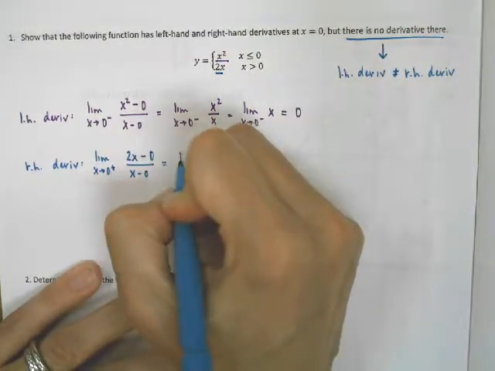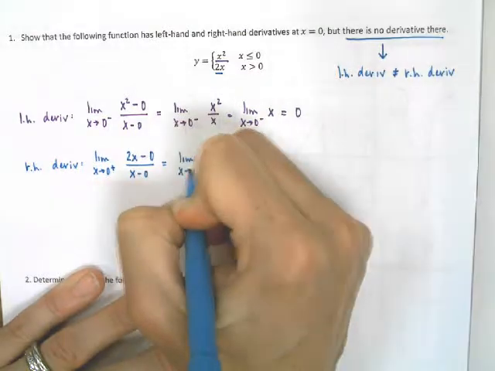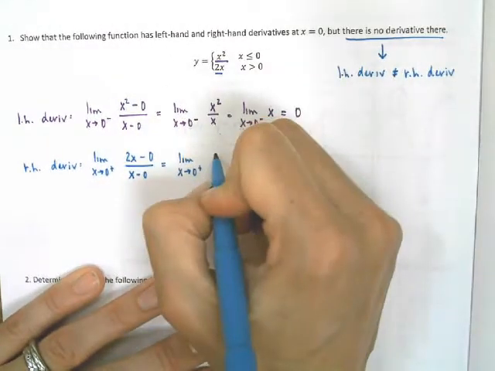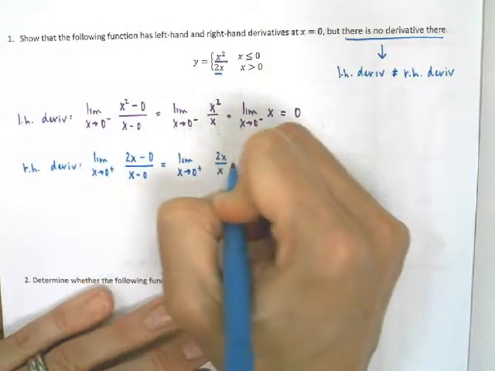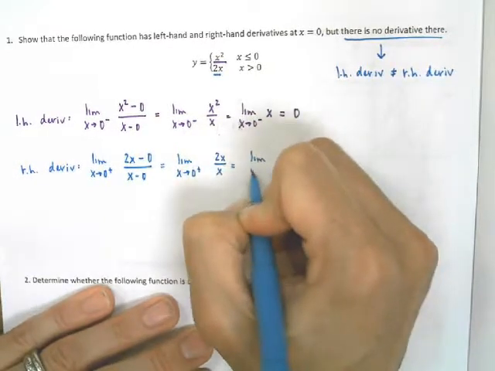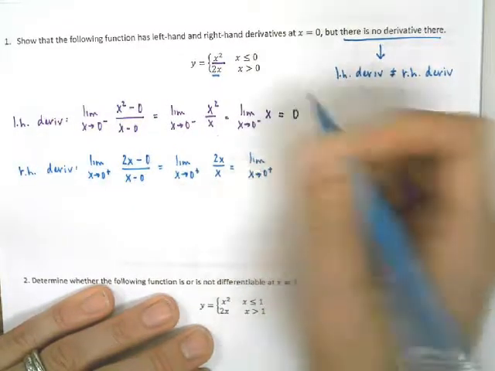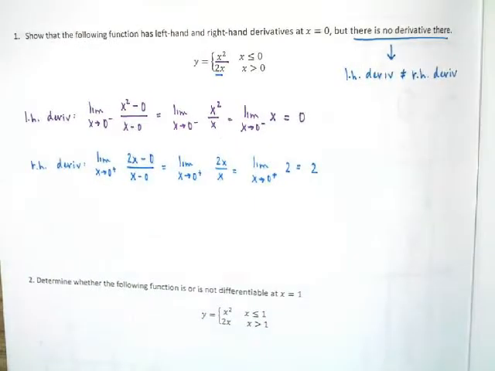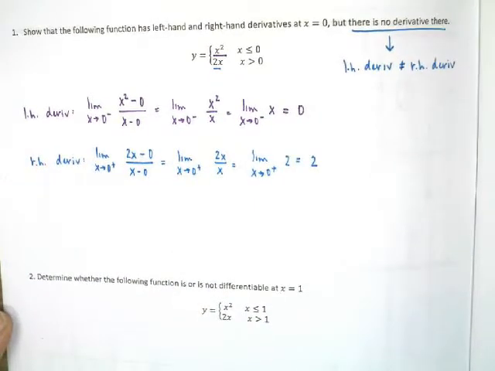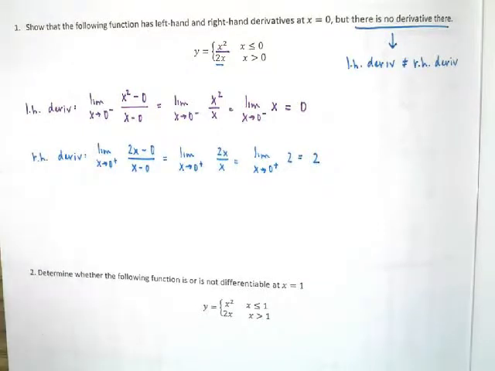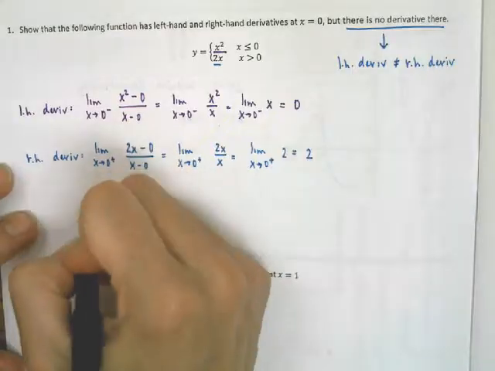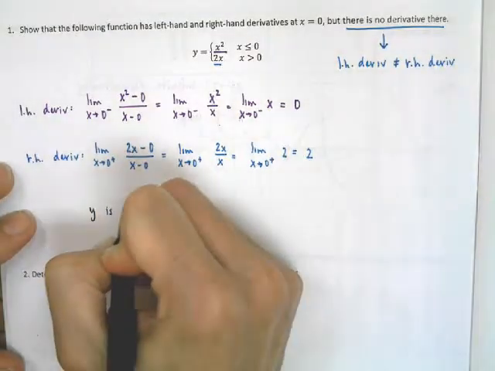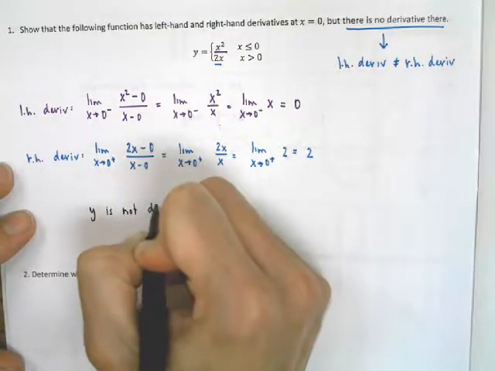This is just the limit as x approaches 0 from the right of 2x over x, which is just the limit as x approaches 0 from the right of 2, which gives me a value of 2. So clearly now my left-hand derivative is defined, my right-hand derivative is defined, but they're not equal. So we would say that y is not differentiable